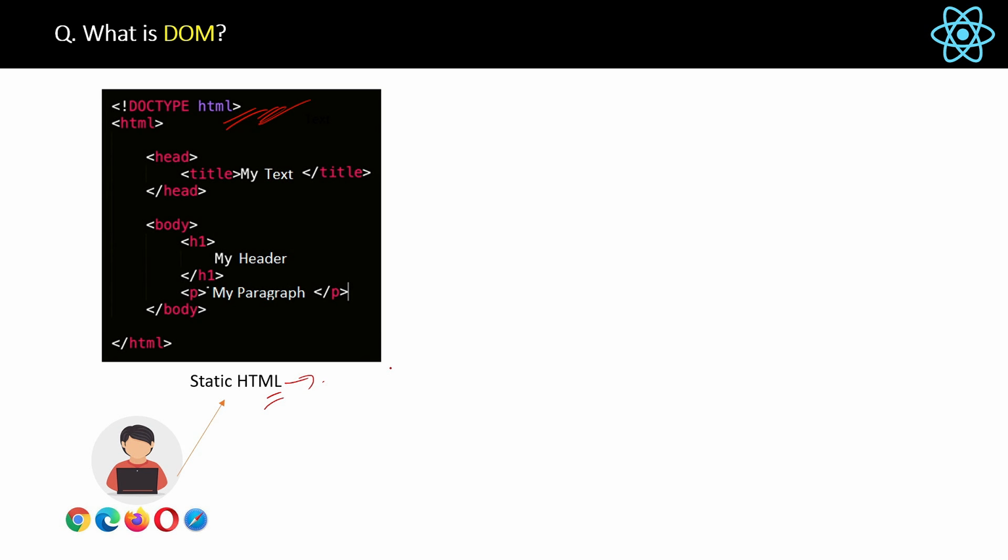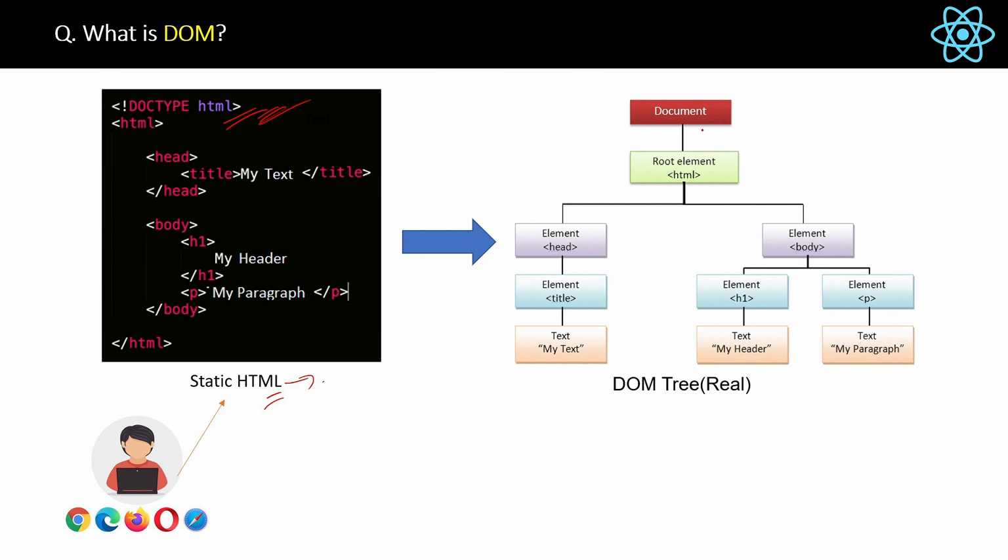Here comes the role of DOM for browsers. Remember, DOM is a general concept with all the browsers. It is not specifically related to React. Now with the help of DOM, the same HTML will be converted to a tree representation like this. Here you can see the HTML tag is the root element, then HTML has head and body as the child elements, and other same HTML elements down the code, right? So basically this is the tree-like representation of the same HTML code, and this we call DOM, or sometimes we also call this the DOM tree.